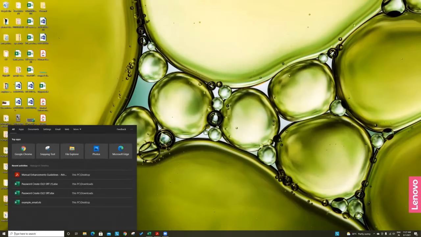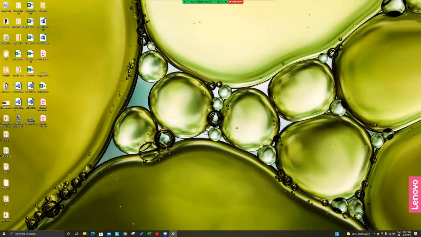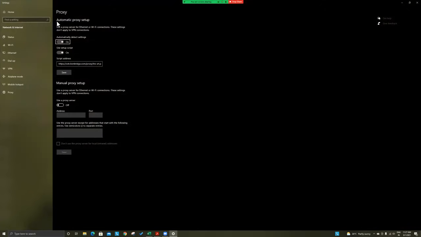First search for proxy, then you will see an option called change proxy settings. Click on it. You will come to this screen. For most of you, the use setup script button will be off. You should turn it on, paste the link we will give you, and click save.